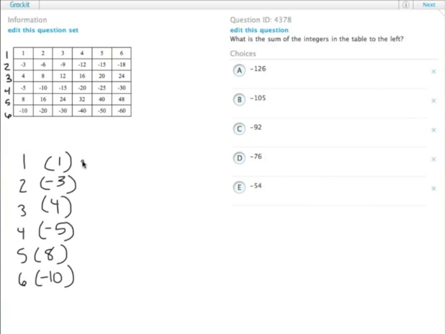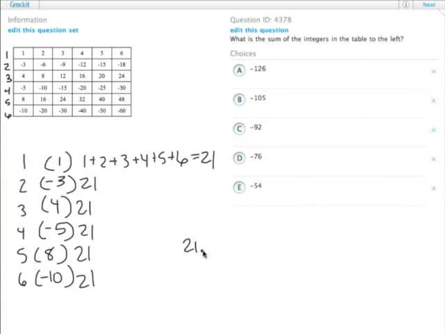So this is 1 times 1 plus 2 plus 3 plus 4 plus 5 plus 6. You add all those numbers together, it equals 21. So this row 1 is 21. Row 2 is negative 3 times 21. So basically it's 21s all down the road, multiplied times that factor for each of the rows. So then the sum of all of the integers is going to be 21, or